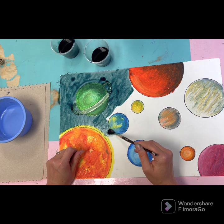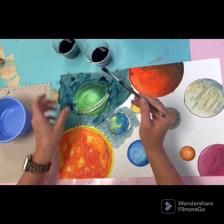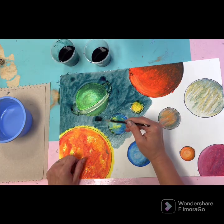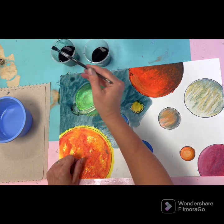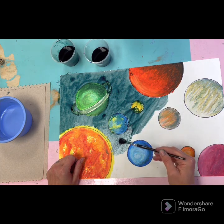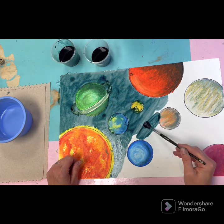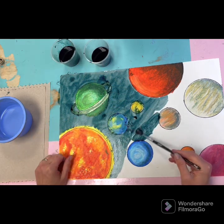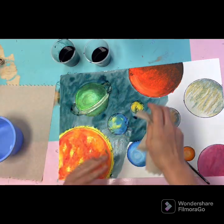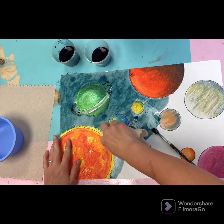Anyways, paint your whole paper with the gray watercolor paint. And don't take forever. You want it to stay wet. So this is kind of a quick process. Go around your planets. If you get a little bit too much paint on your planets, you shouldn't worry too much because it's not going to stick to the oil pastels. But you can use a paper towel to blot up any excess paint that might be on top of your